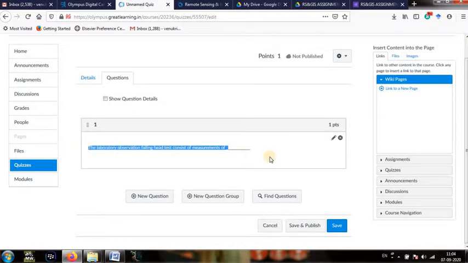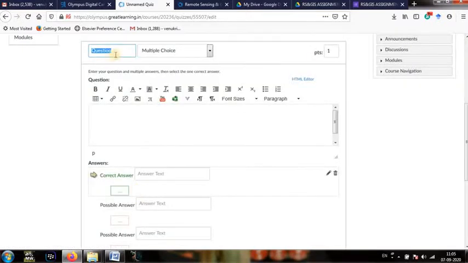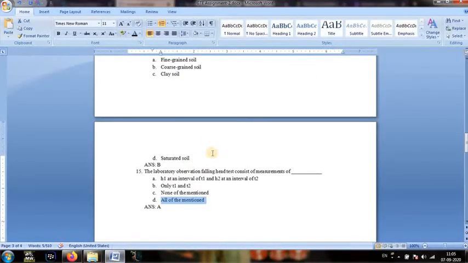The question is showing here and the question number is showing here, points showing here. Okay, so if you want to edit this question again, you need to click on edit this question. Next, I am going to give another question. Click on new question. So here we need to type 2, multiple choice, point 1, and a question copied from here.